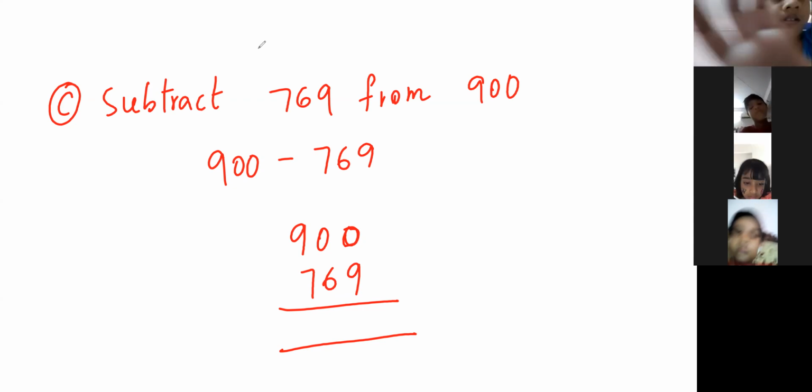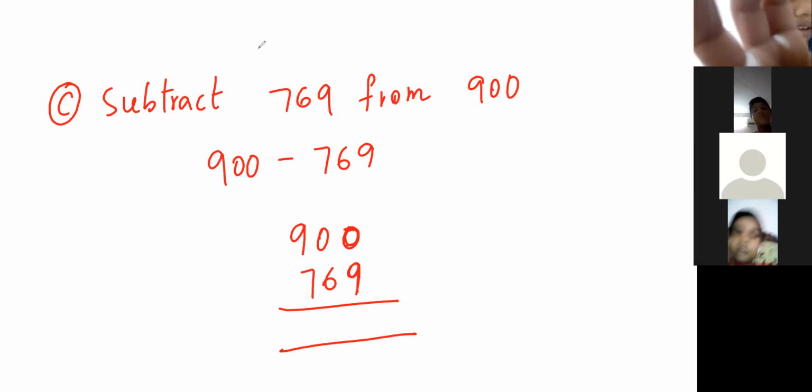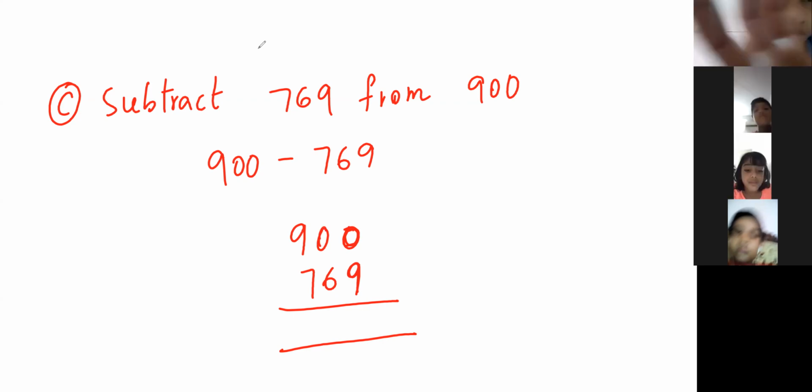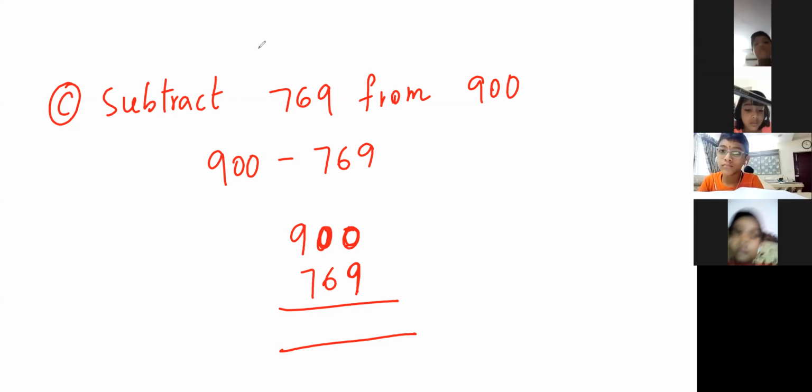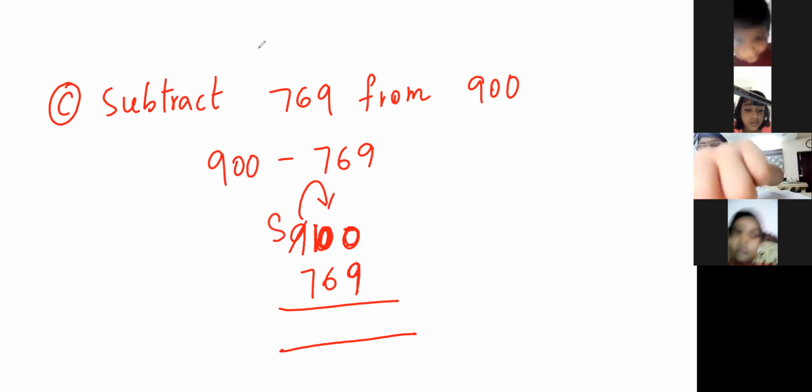See, children, here 0 is there. We cannot subtract 9 from 0. For that purpose, we have to take borrow from the before place, right? But here also there is 0. So what is the thing you have to do? First, let us take borrow to this number from the before place. So here, let us take borrow from this one. It became 10 and we have to reduce 1 from 9. So here, 9 became 8. Got it till here? It is clear?